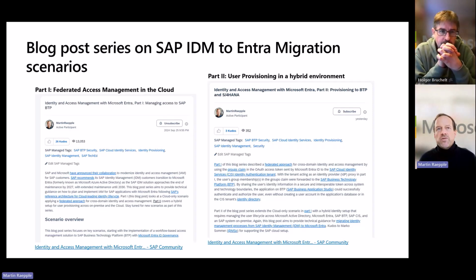We basically transfer any identity information and access-relevant information in the security token issued by Entra to BTP, because on the BTP side, native cloud applications such as the Business Application Studio do not rely on an existing user in the underlying user directory, which is typically the Cloud Identity Services tenant.